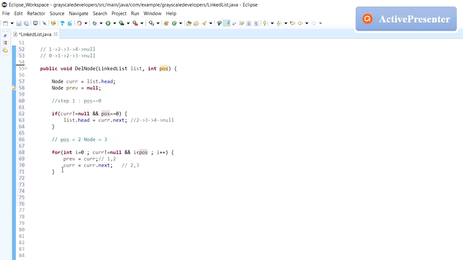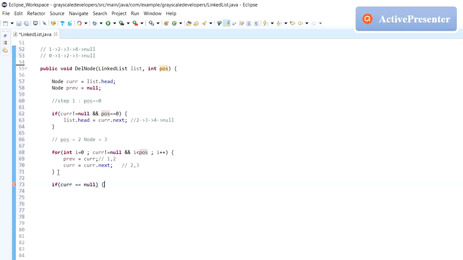Only 2 iterations can occur here. In the first iteration previous becomes 1 and current becomes 2. In the next iteration previous becomes 2 and current becomes 3. So here I have to check a condition: if the current node equals null.